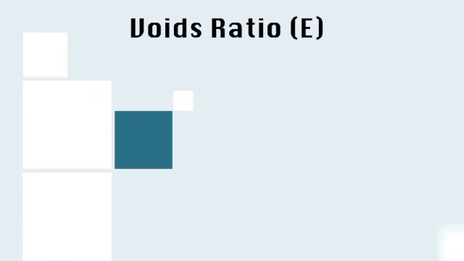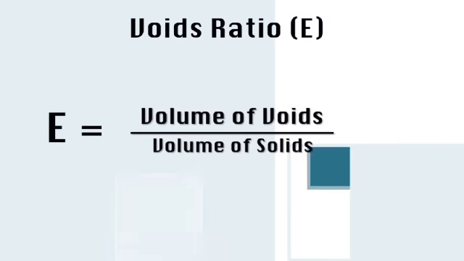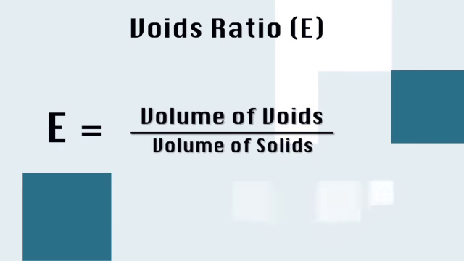Notice that these are all ratios that I am talking about. They have no dimension. Now, the voids ratio, which has the symbol E, is the volume of the voids, or the air open spaces, over the volume of the solids. And that ratio is known as the voids ratio. The voids ratio, incidentally, and the solids ratio are direct measures of strength. The greater the solids ratio, the greater the strength. But the voids ratio is just the opposite. The smaller the voids ratio, the stronger the material.